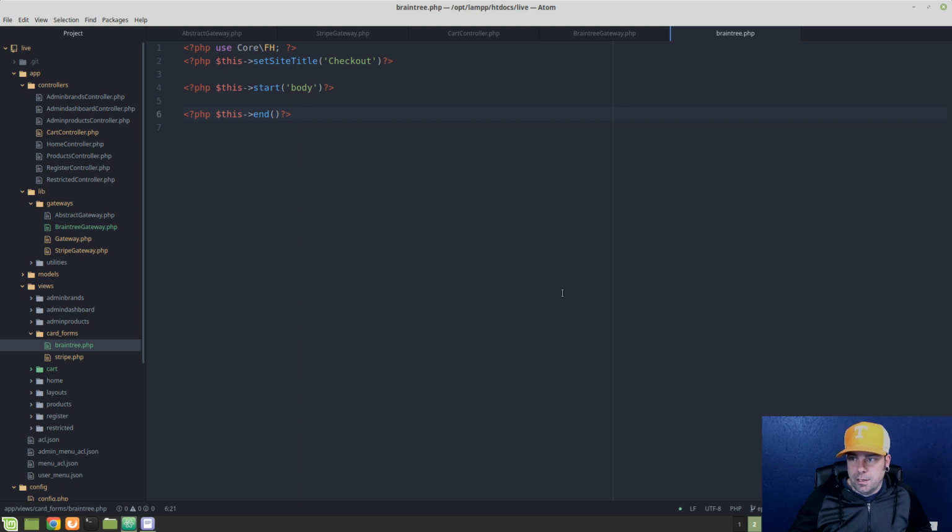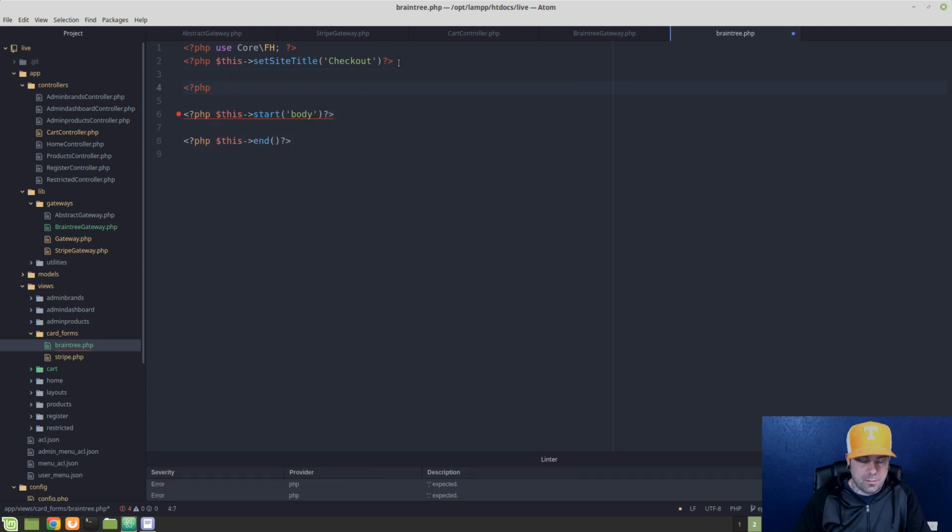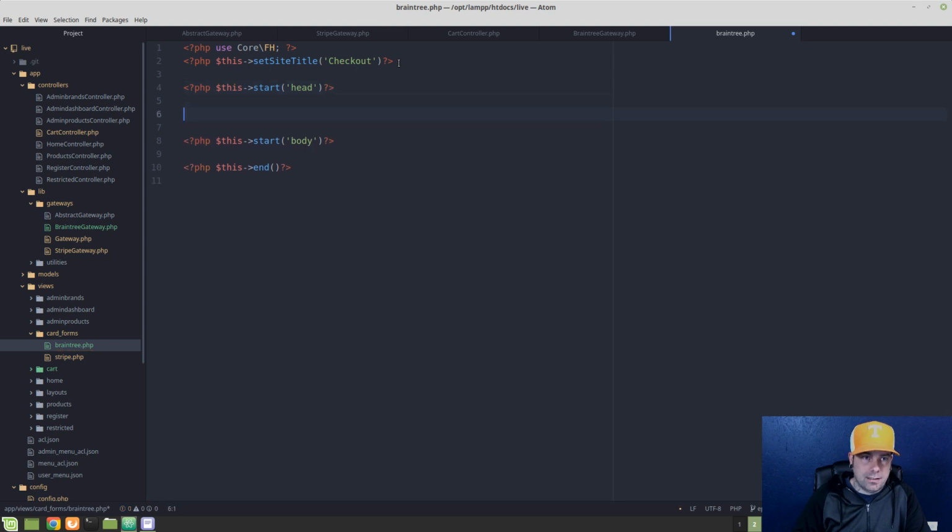So I'm going to kind of talk you through, actually we're going to need to add something to the head too, because we need to include the Braintree JavaScript here. And I don't want to add that to my layout because we only need it on this page, and I don't want to have that loaded in when I don't need it. So we're going to do this start head, and this will add this to the head section inside the HTML. So this end,